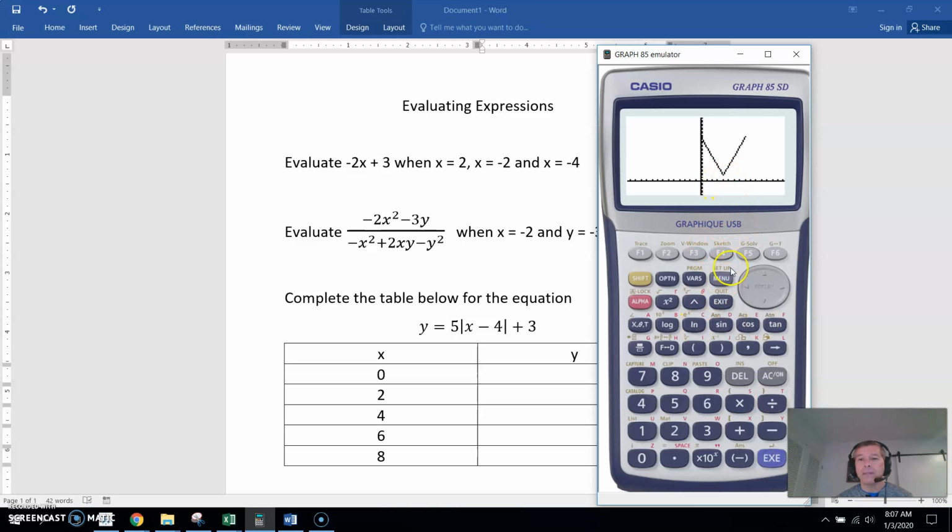And maybe we can get the minimum of this. I don't know. Let's check. Gsolve. Well, there's nothing under Gsolve. Trace. We might be able to trace it around here a little bit. So if I hold that arrow key, you can see right here 4, 3 looks to be the bottom point of that V shape. And that actually is the vertex point on this thing. So I'll stop this